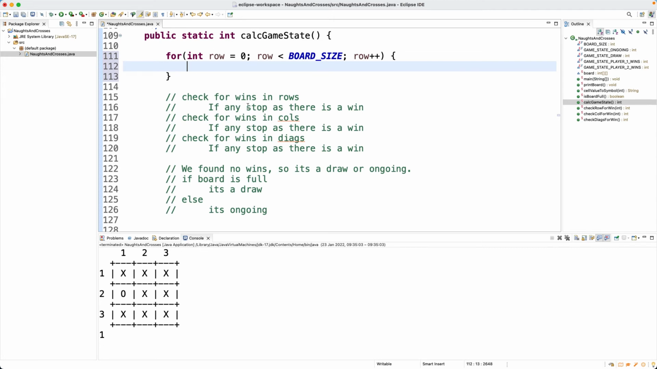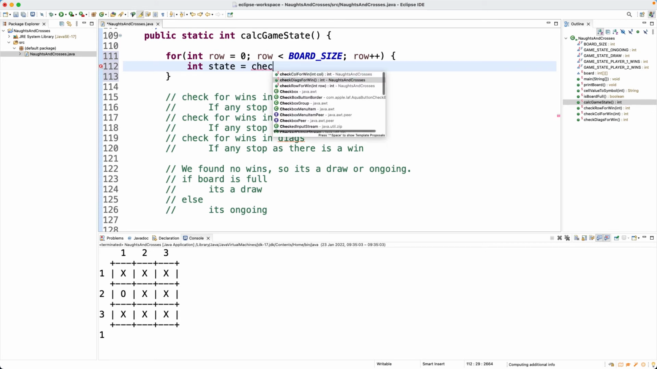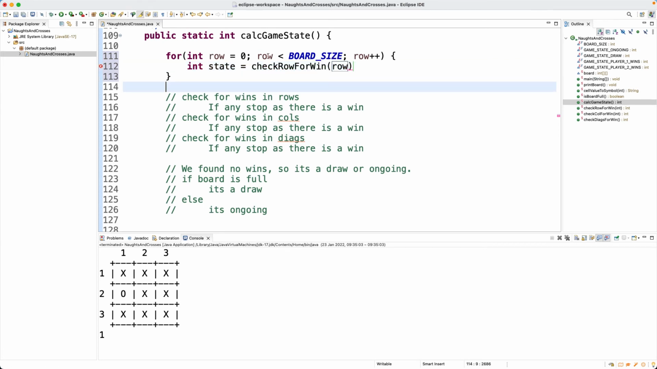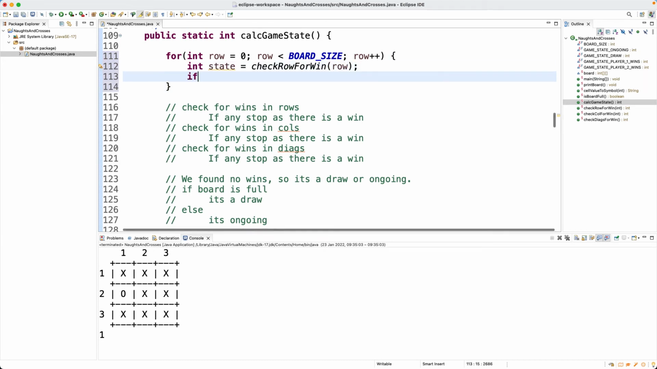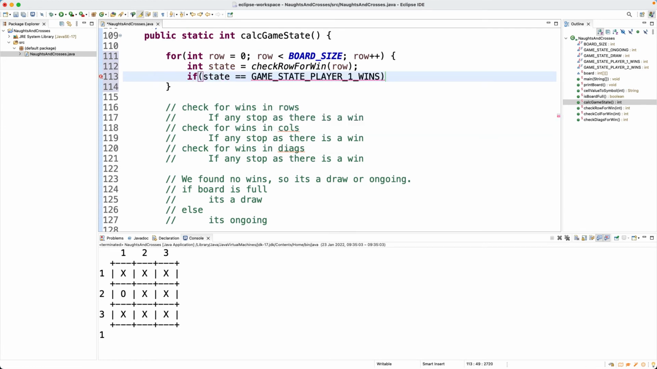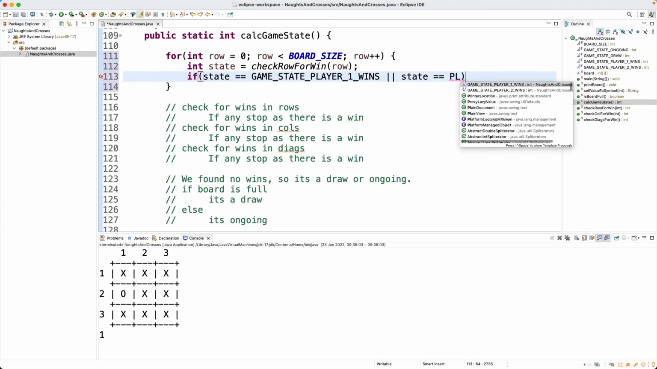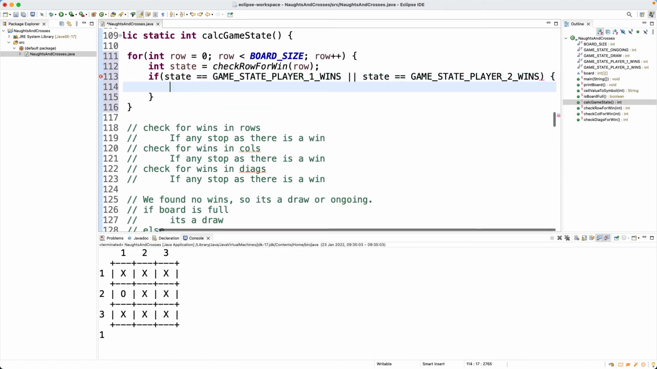Right, so we got the board rows here. If there's a win, we stop. So let's have a look here. Int state equals check the row for a win. Right, so we loop over all the rows and we pass the row number to this check for win. And what we want to say here is if that state that we've just got is equal to player 1 wins, or that state is equal to player 2 wins,